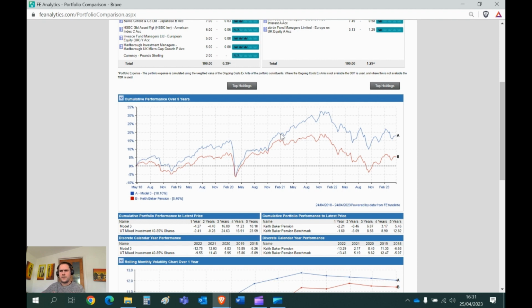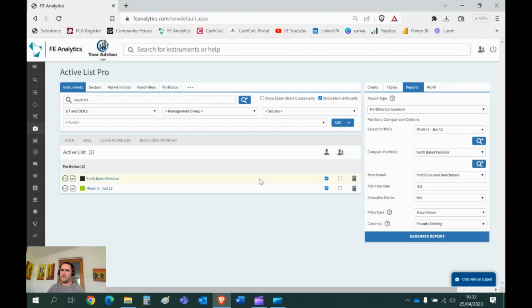Now, clearly there are other charges on that value chain, though. Me, the advisor, and the platform I'm putting it onto potentially as well, or maybe some sort of product fee. There are other charges that we won't know about. We don't know what your charge is. We don't know what platform you've gone and put it on, etc. So if you wanted to bake that into the performance graph, so that performance blue line is just taken down a notch to take into account all those additional charges, just a nice little feature to be aware of is